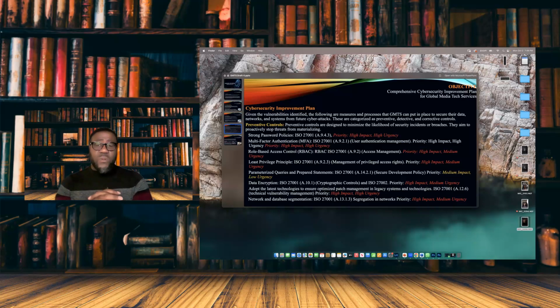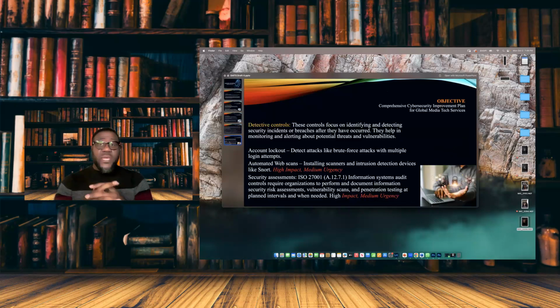Segregation of the network is a priority, making sure that you don't just have what we call a flat network where everybody has access to everything. No, we want to make sure that, based on that principle of least privilege, we are perimeterizing some of this network, so that you only have access to your level, and we can quickly secure our system better that way.